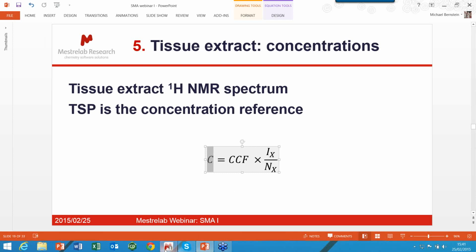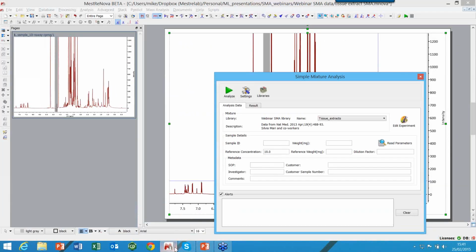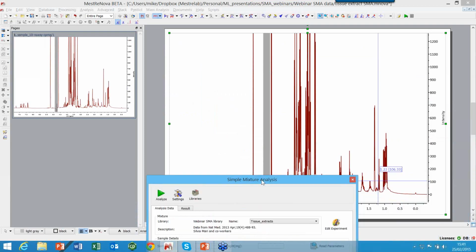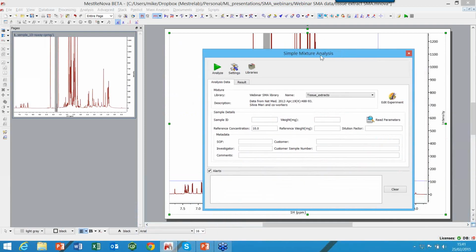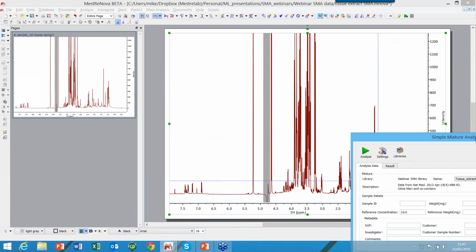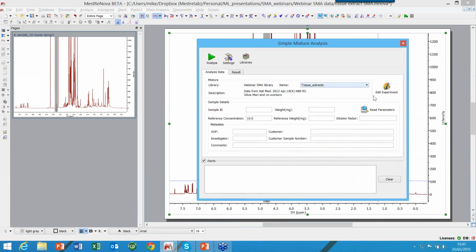Okay, so this one's a bit more tricky, the spectrum's a bit more tricky, and I'm sure some of you might argue as to which peaks I've chosen, and it's not really a validated procedure, so I ask you to give me a little bit of slack on this one. It's really to make a point more than to provide you with a rock-solid analysis. But if I go through and I analyze this,